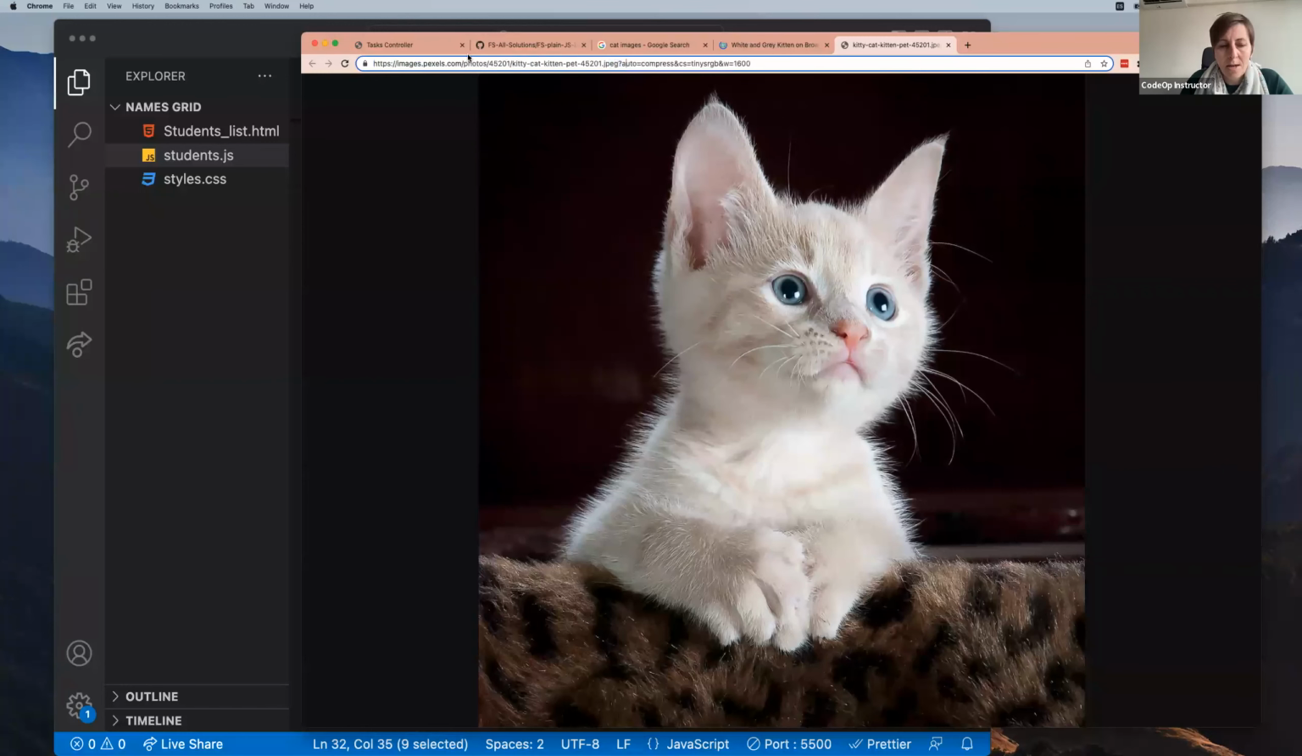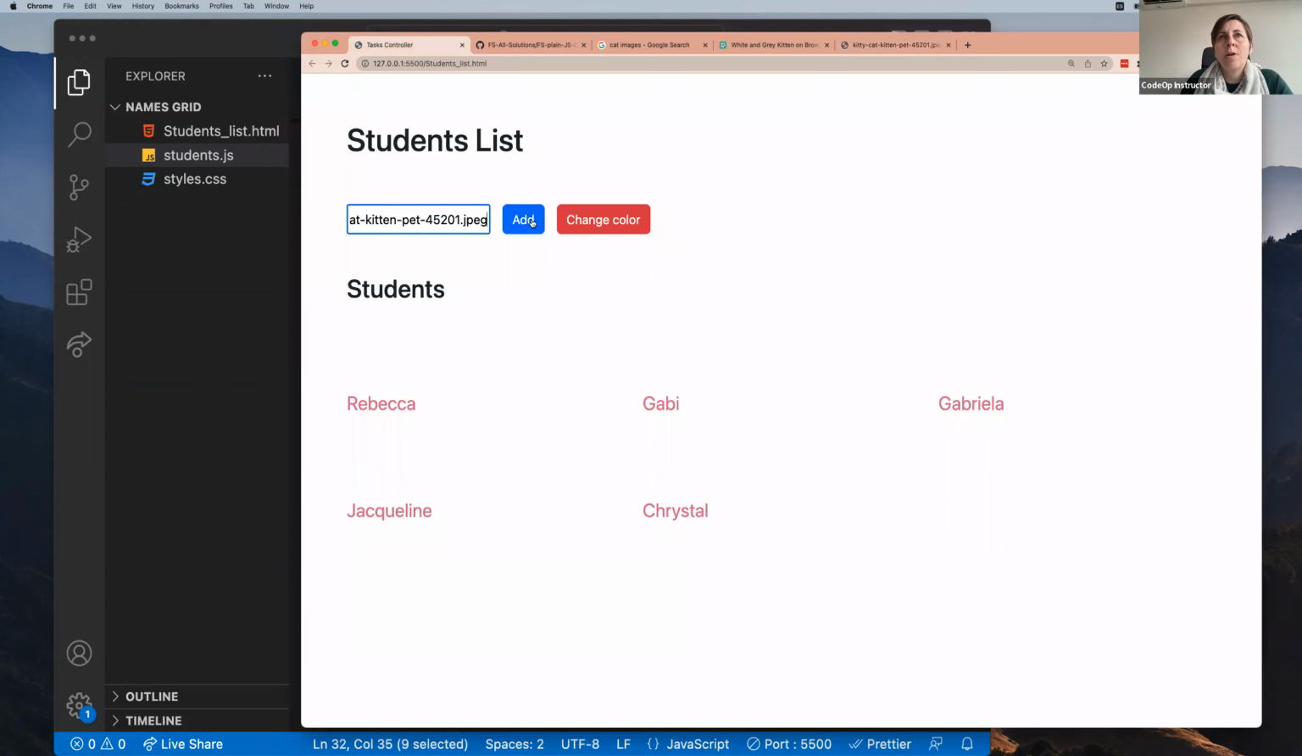Okay, here, this one, and you can go in here and copy this URL and click add. Of course, now it adds it like this because it takes it as a text. But if you want to add an image instead of a name, and you grab the URL from here,